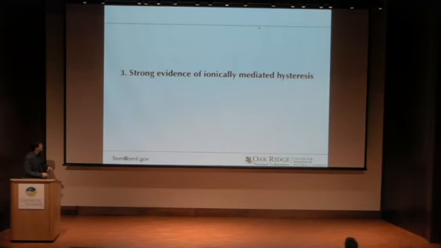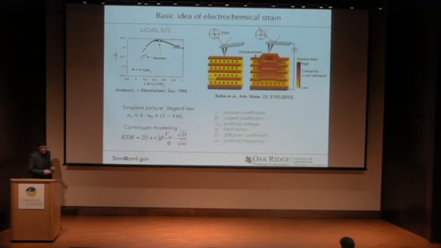Finally, I have only 1 minute left or so. I will show you the strong evidence for ionically mediated hysteresis. We have been interested in looking at moving ions in the material for quite some time, with the basic idea being that if you displace ions out of any material, that material will change its volume. That's called the Vegard law, as we have known for a very long time, and it can be adapted to these local probe geometries, though with a lot of approximations.